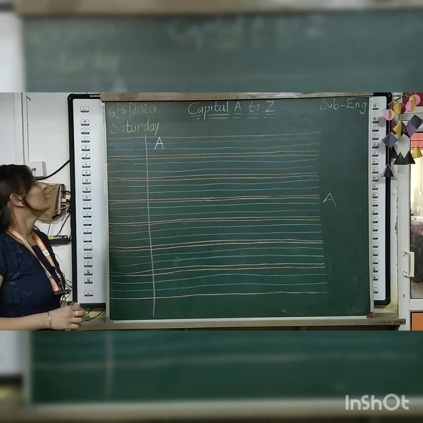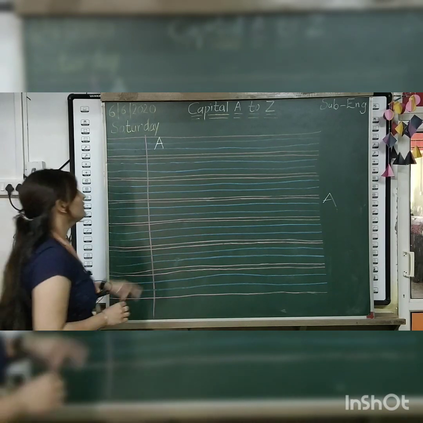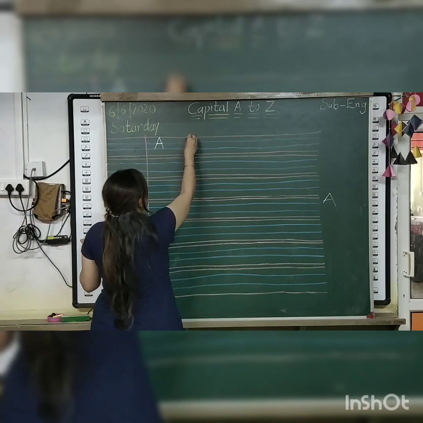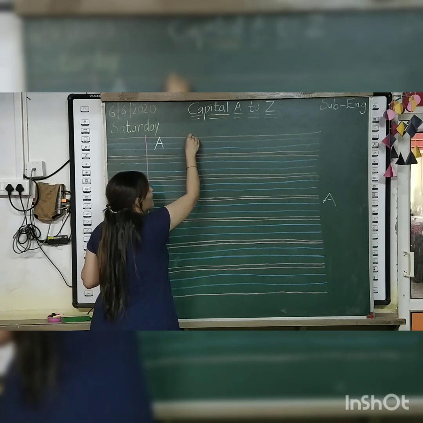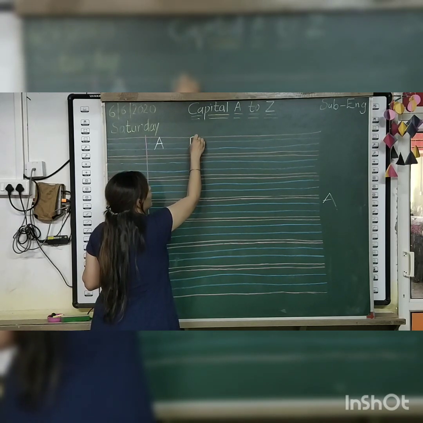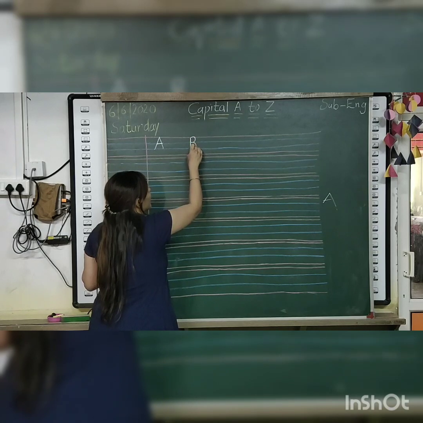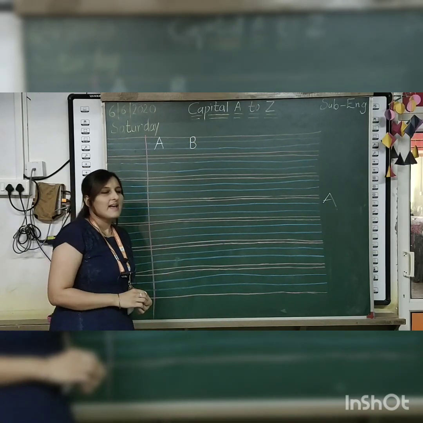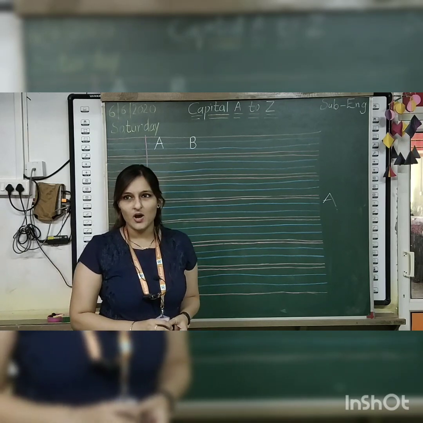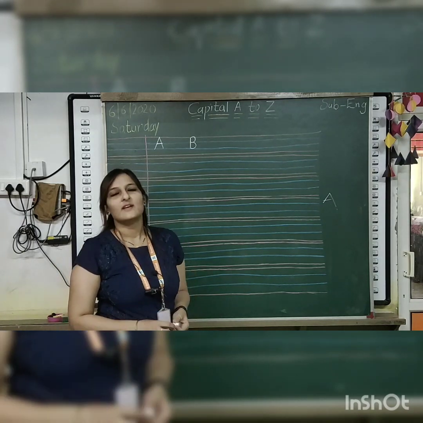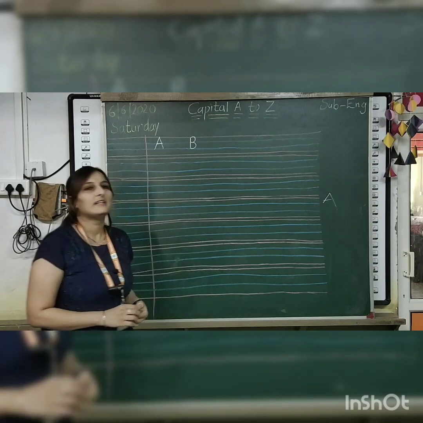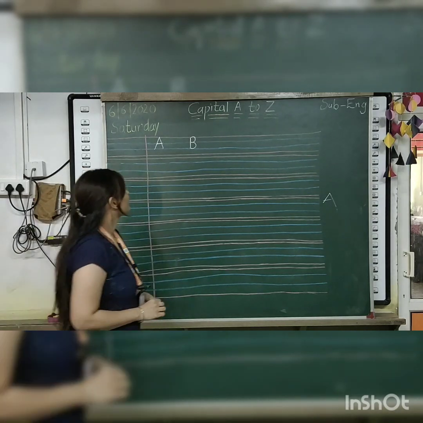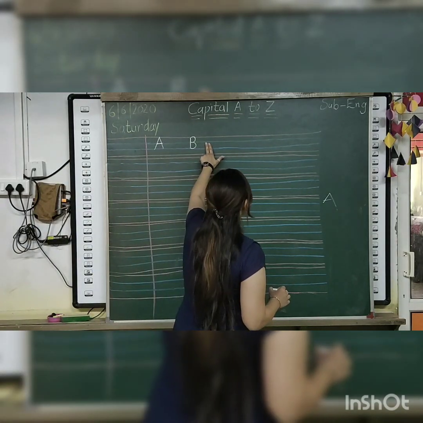Now we will write letter B. So leave 2 finger space gap and start writing B with me. Standing, curve, then curve again. B for ball. B. Everyone is nowadays playing with a ball. You are free at your home. Enjoy it. Next, leave 2 finger space. Like that you have to put on your notebook.